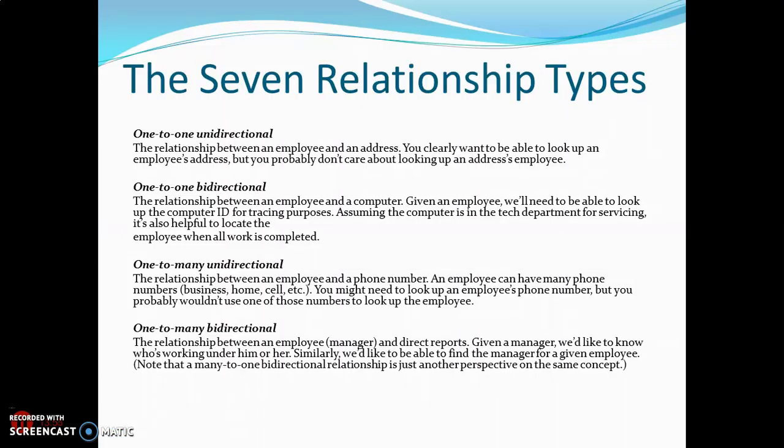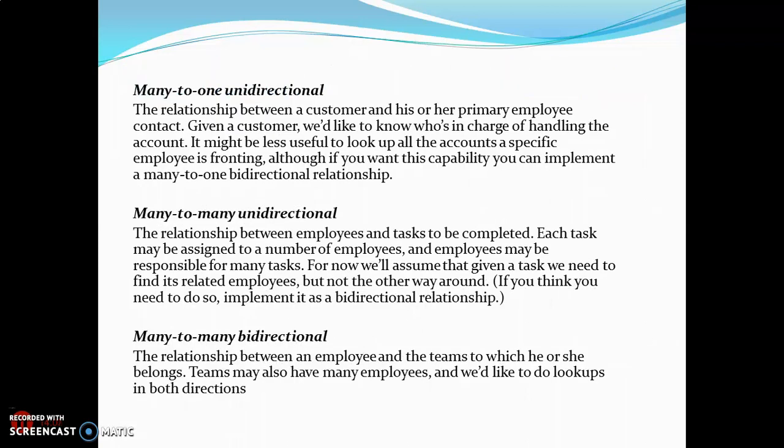And when we come to the entity relationship, we have seven relationship types: one-to-one unidirectional, one-to-one bidirectional, one-to-many unidirectional, one-to-many bidirectional, many-to-one unidirectional, many-to-many unidirectional, and many-to-many bidirectional. These relationships are already known to us in the form of databases, and they can be implemented by making use of the persistence unit as well, using the relationships in a proper